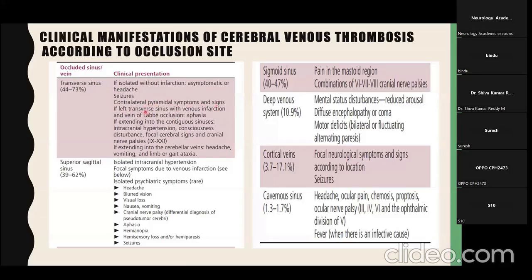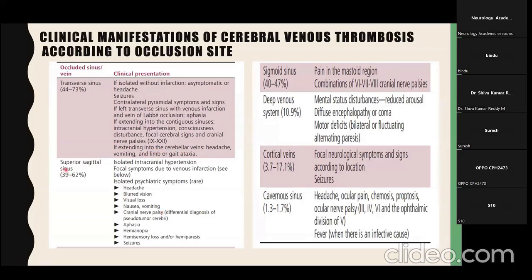If left transverse sinus with infarction, and also if vein of Labbé occlusion is there, patient can have aphasia. If the thrombus extends into the other contiguous sinuses, can present with focal cerebral signs and lower cranial nerve palsies. If the thrombus extends into the cerebellar veins, the patient can present with headache, vomiting, limb or gait